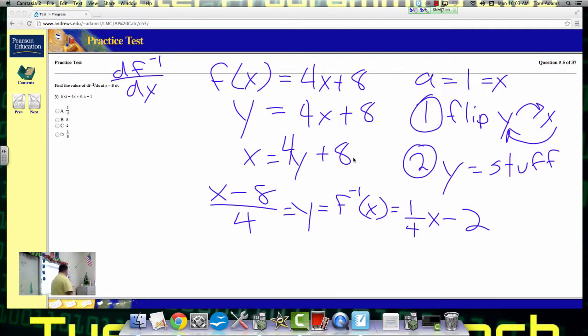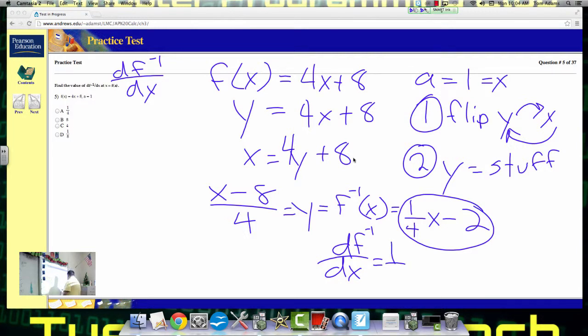Okay, so now I need to take the derivative of this. So df inverse dx is the derivative of this function here. What is the derivative of this? 1/4. 1/4, and that's it. Can you just flip flop the f to the -1 of x prime